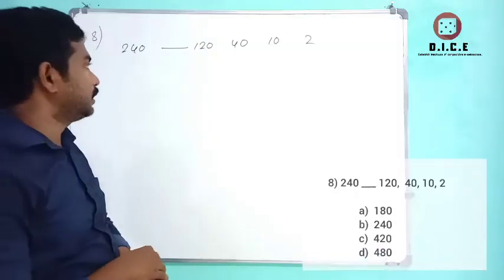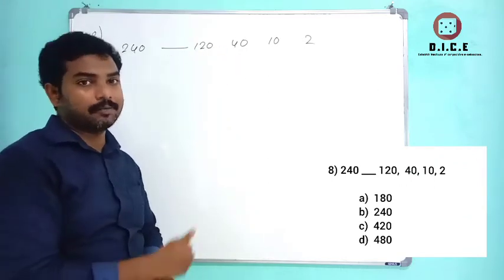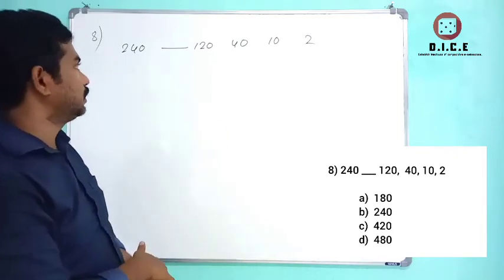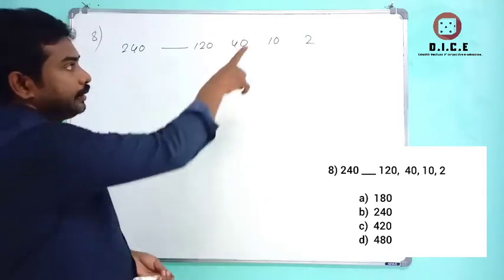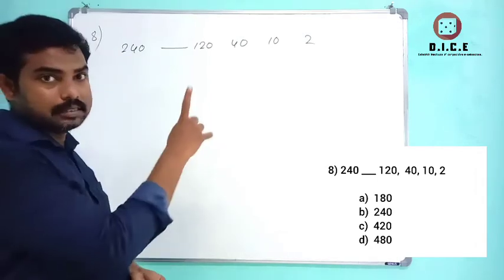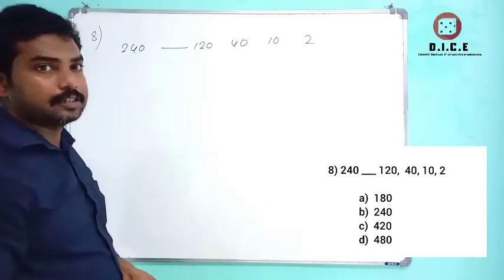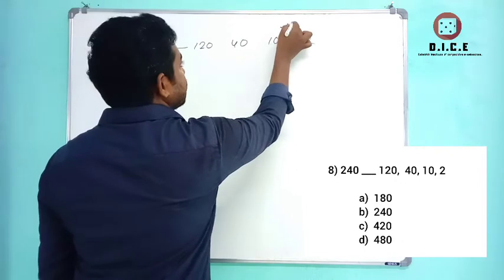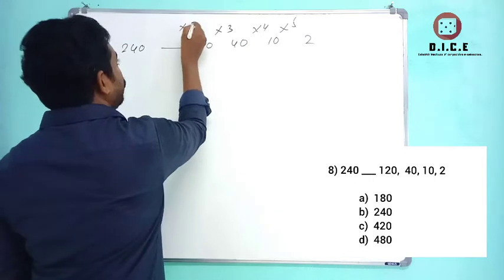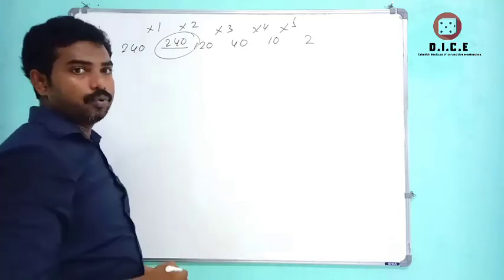See question number 8 here. The pattern is given from right-hand side to left-hand side. Up to question number 7, we had done from left to right. By seeing the pattern of question number 8 from right to left, we can understand that this is a case of multiplication, because the number 2 starts at the very beginning and the series ends with 240, a single number followed by 3 numbers. Obviously, that is definitely a case of multiplication. Now we see here, 2 5s are 10, 10 4s are 40, 40 3s are 120, 120 2s are 240. Of course, 240 1s are 240. So 240 is your answer.